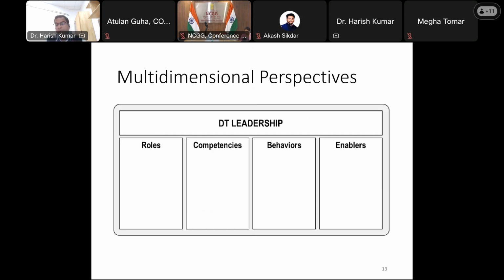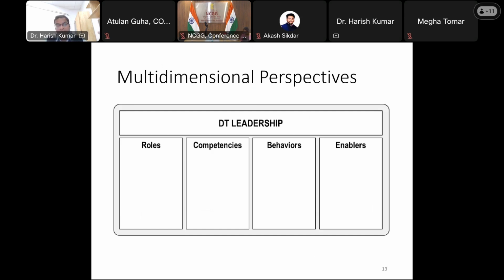The first one here is roles. It might be that I am an individual, or I am forming a team to initiate a digital transformation project, either alone or a complete team. Maybe as a mentor to support and give feedback like an expert, or as a network relationship from outside of the organization. I'm not associated with your organization, but I might be an expert in digital transformation, and I can contribute suggestions as a networking partner, right?